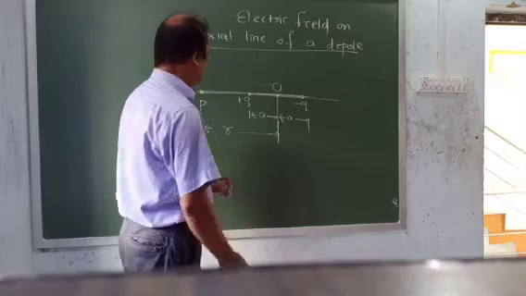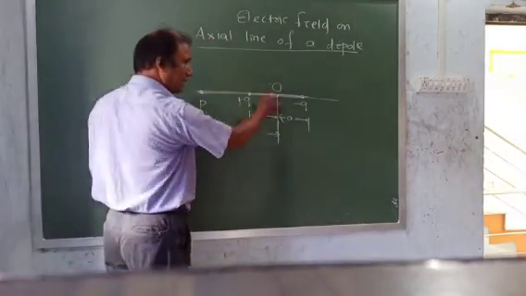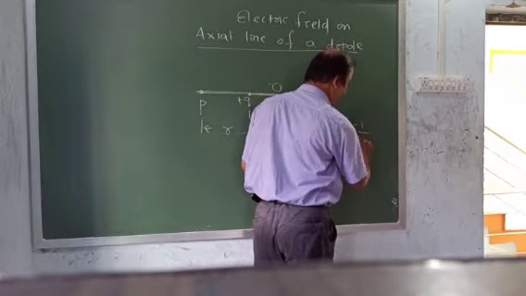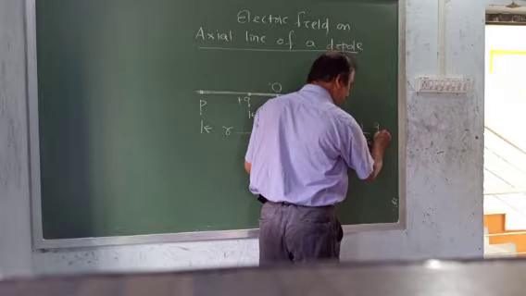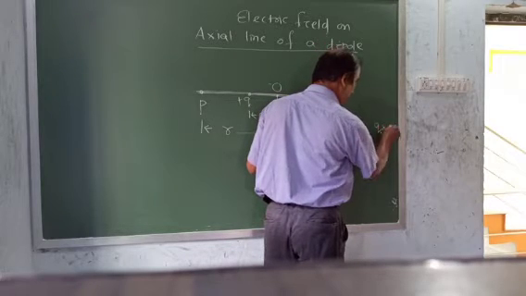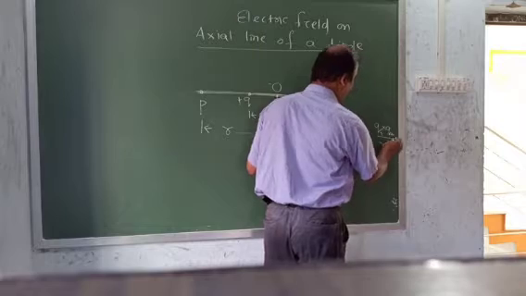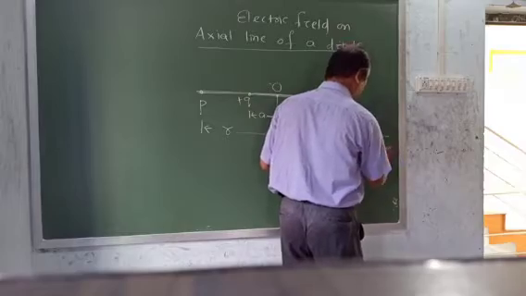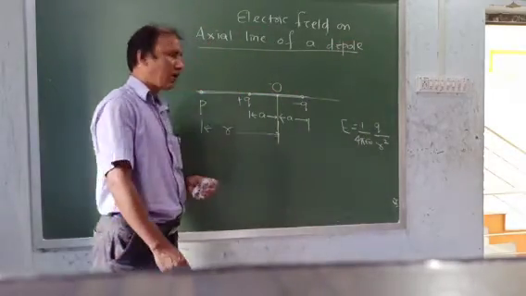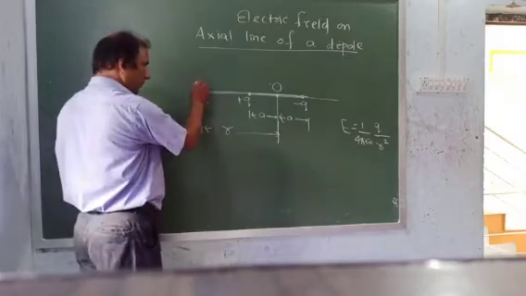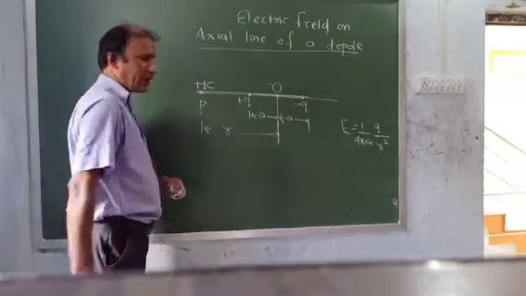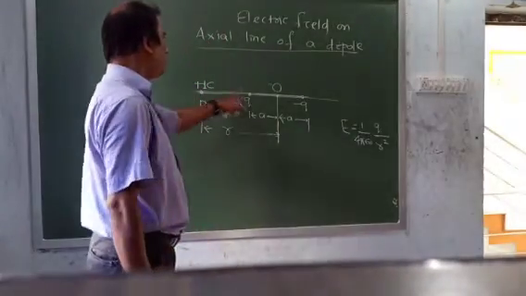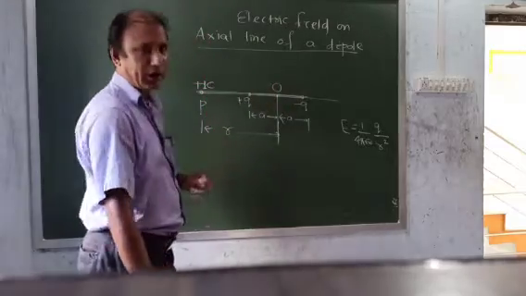We have to determine the distance of this point from this charge as well as this charge, because you know the electric field formula: E is equal to 1 by 4 pi epsilon naught into q1 q2 by r square, or you can say 1 by 4 pi epsilon naught q by r square. This is the electric field formula. For this we have to place a plus 1 coulomb, that is a unit positive charge, at this point. Due to this charge, the electric field will be how much?